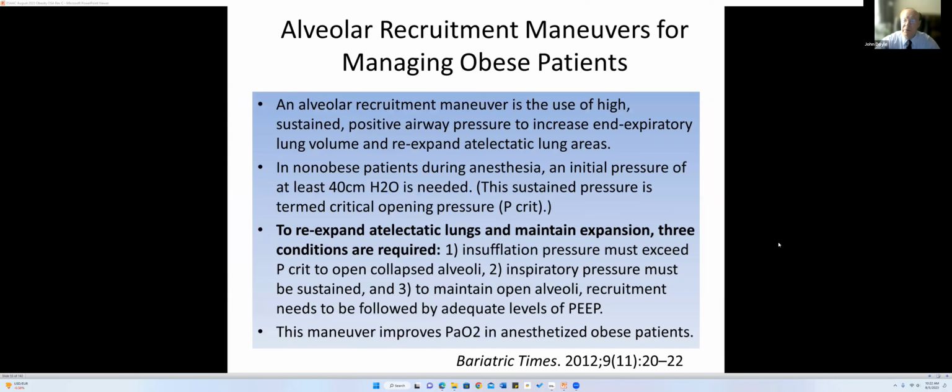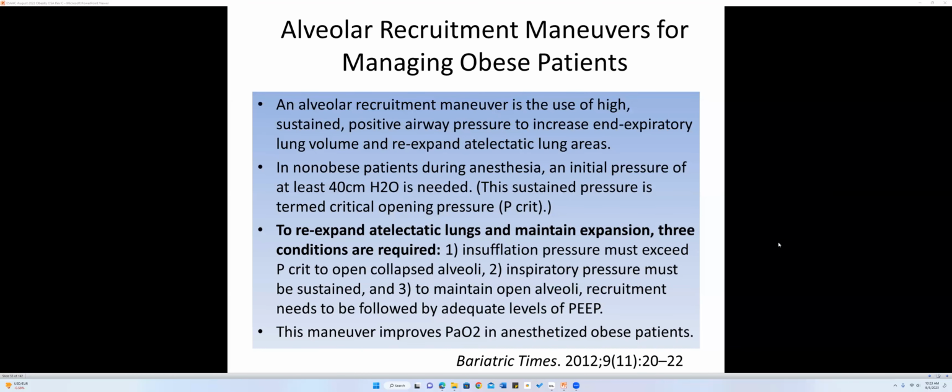So one of the things that we like to do to increase oxygenation in these patients is alveolar recruitment maneuvers. An alveolar recruitment maneuver is the use of high sustained positive airway pressure to increase end expiratory lung volume and re-expand atelectatic lung areas. In non-obese patients during anesthesia, an initial pressure of at least 40 centimeters of water is needed, sustained pressure being the term